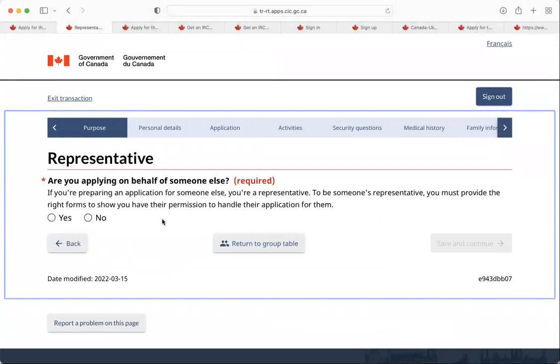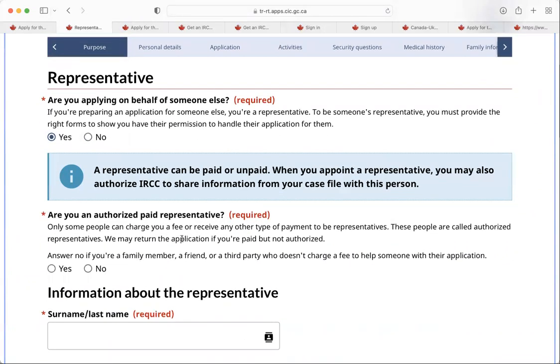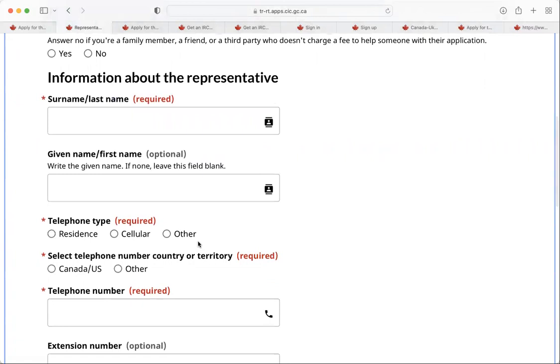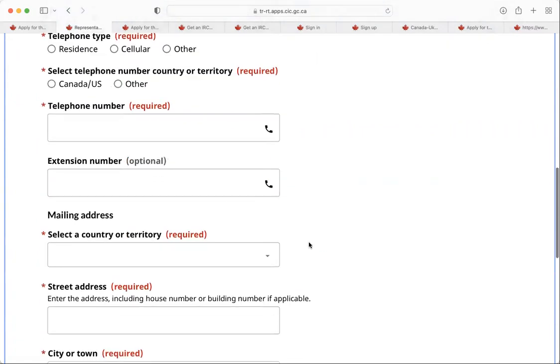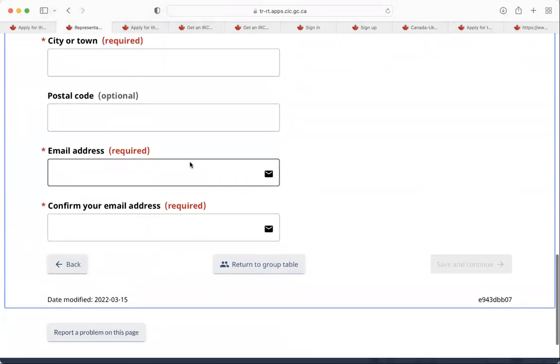Representative, if you're applying for yourself, you would say no. If you're applying on behalf of someone else, so if you're helping somebody to complete an application, you would say yes. And then you don't have to be a lawyer or an immigration consultant to be a representative. You can be an authorized paid representative, or you can just be a family member or friend or third party who doesn't charge a fee. You need to indicate that here, and then you would put information about the representative, quite detailed, location, email,